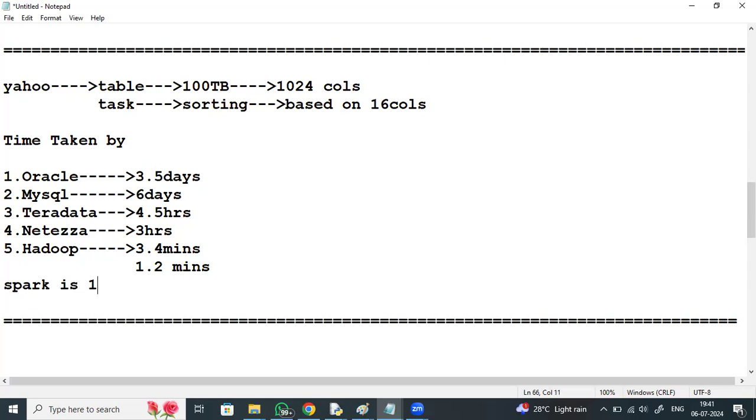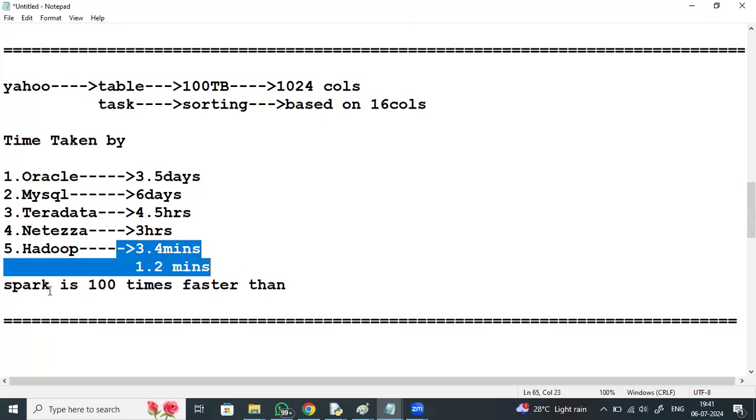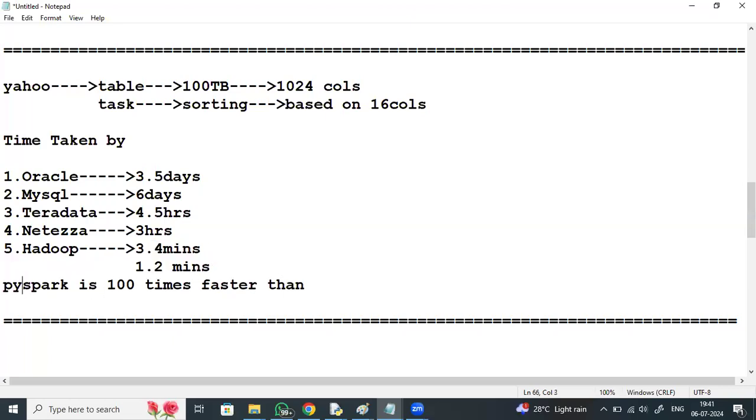Spark, observe here, is 100 times faster than Hadoop.